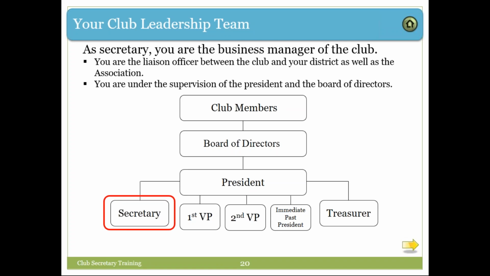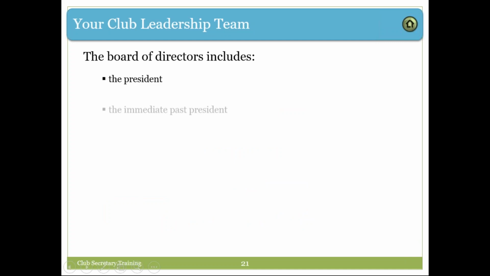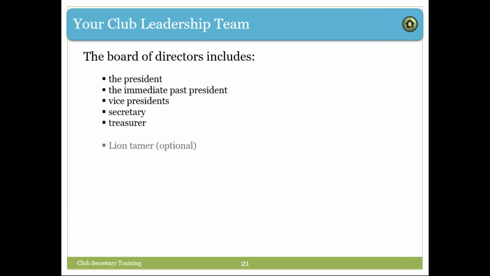They cannot work unilaterally without board approval. So it does include all those members we just said. You as the secretary, treasurer, lion tamer, tail twister are 2 optional ones.